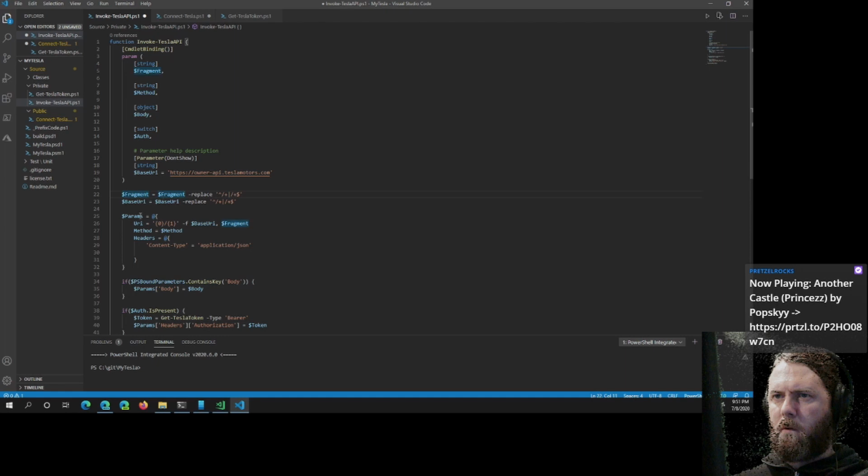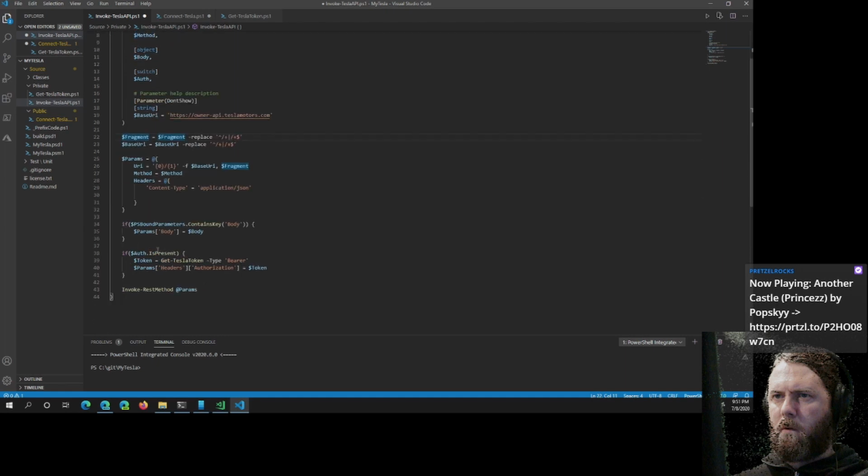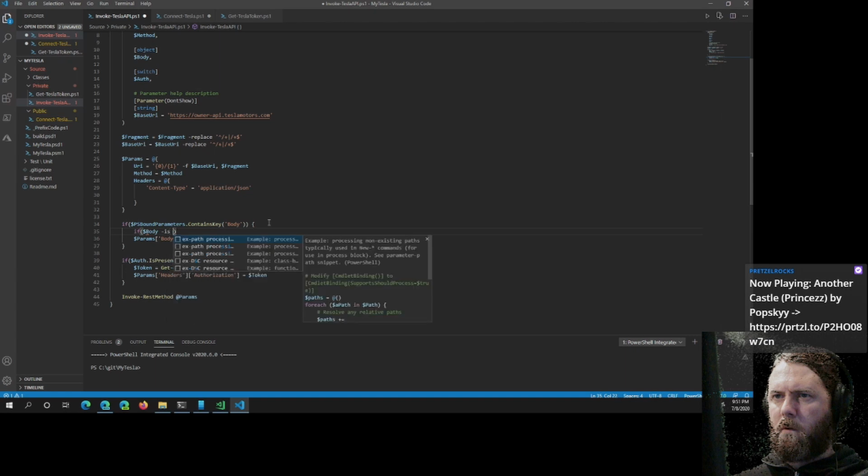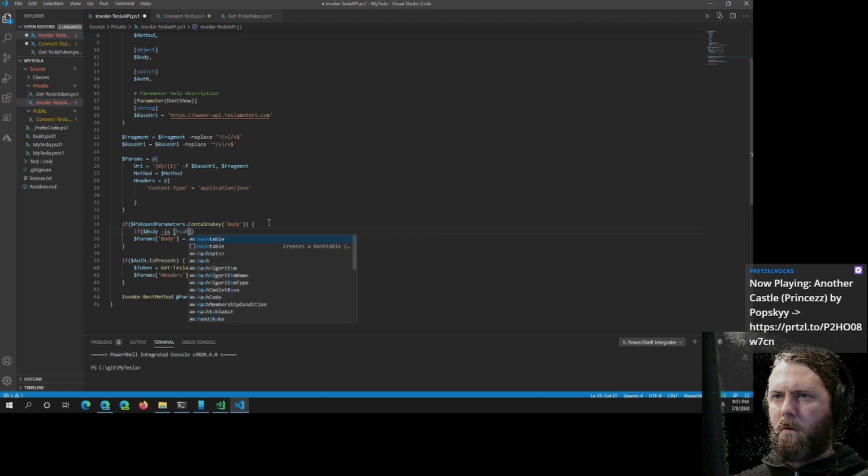And then I should say, where is the body? There is the body. So if $body is a hash table, we should do this, convert to JSON,